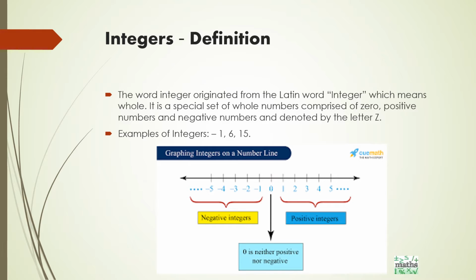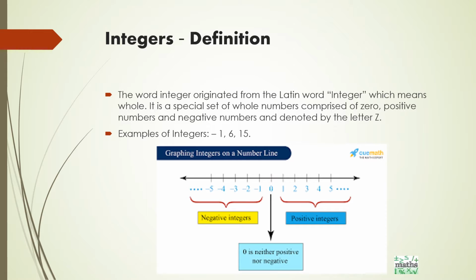First, we will talk about what are integers. The word integer originated from the Latin word integer, which means whole. It is a special set of whole numbers comprised of zero, positive numbers and negative numbers, and denoted by Z